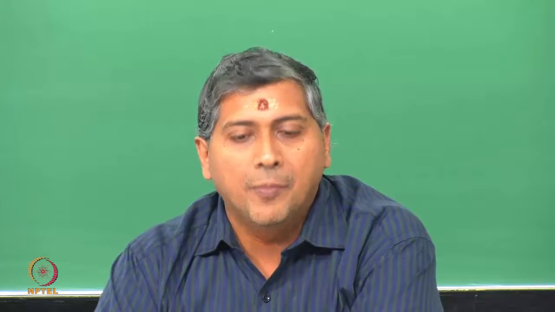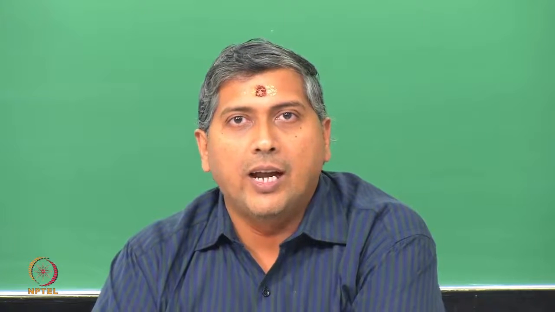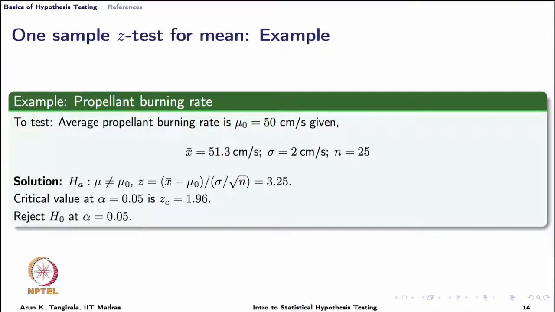All we are saying is, given the data for this sample size, for this specified sigma and specified alpha, I find that the observed statistic is more extreme than what I am willing to tolerate. Obviously, if I change alpha to, let us say, 0.01, or decrease alpha even to 0.005 or maybe 0.001, then the critical value keeps shifting to the right, as a result of which at some point I will end up not rejecting the null hypothesis. Here we do not know what the truth is. This is a practical example.